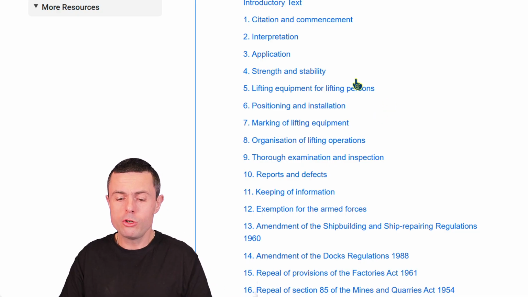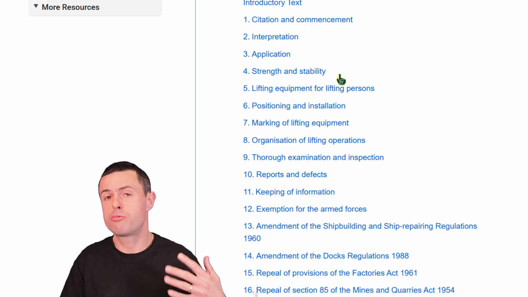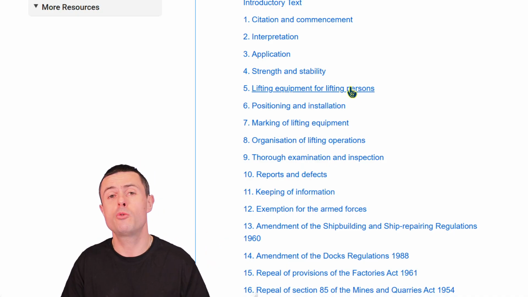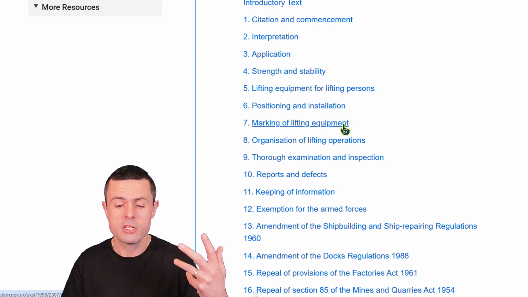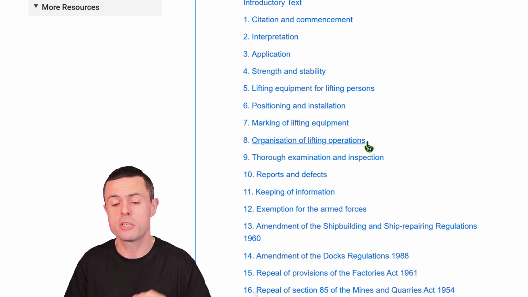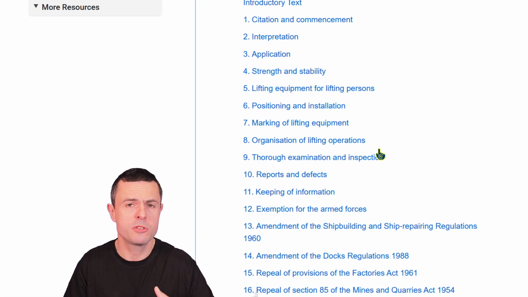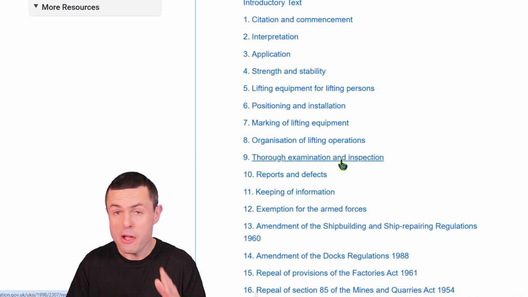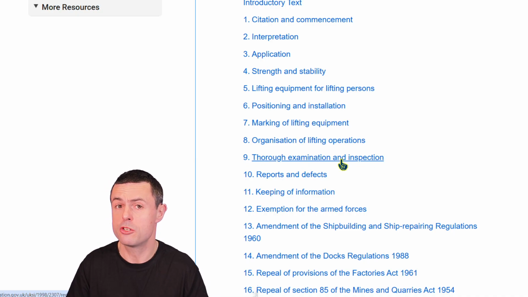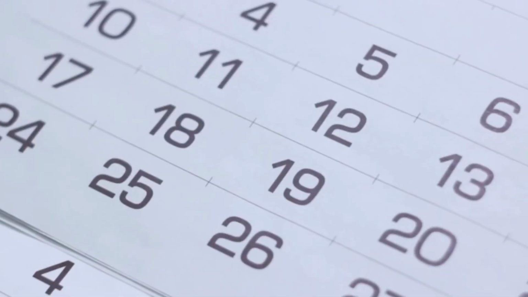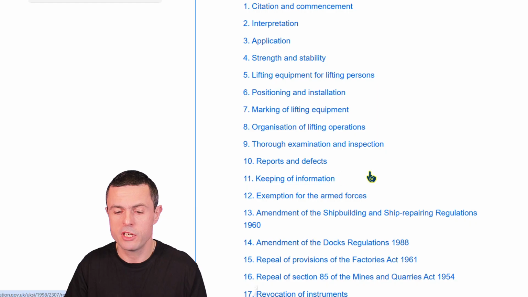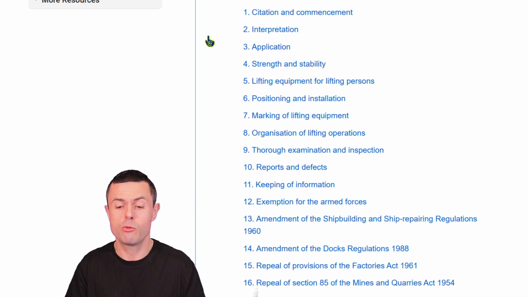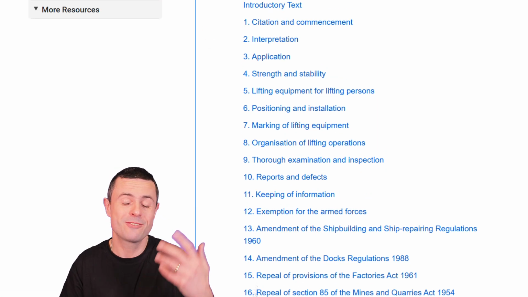So have a look through what's legally required. You probably want to talk about the strength of the equipment, the safe working load, the way it's positioned, the way it's marked, how the operation is organized in terms of the management and the supervision of it. Definitely want to talk about thorough examinations and the frequency of when it's examined. Is it 6 months or 12 months? And you'll be talking about the training as well,